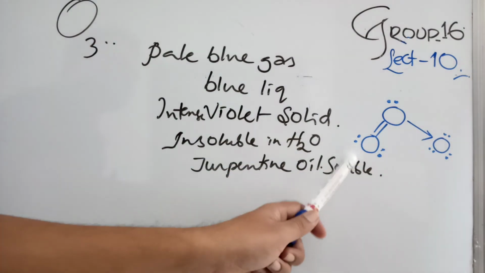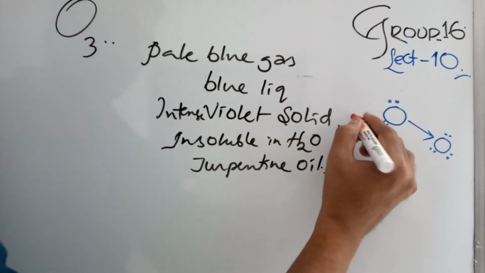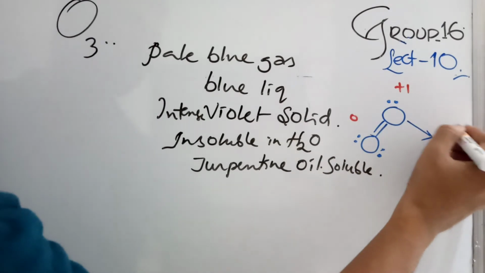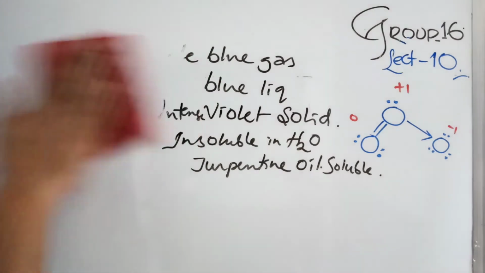The formal charge of this oxygen will be 0. Okay, I will be writing here formal charges. This will be 0 formal charge, this will be +1 formal charge, and this will be -1 formal charge. Now the middle oxygen is +1, the terminal oxygen with single bond is -1, with double bond is 0. Formal charges, there is a possibility of asking in your exams.